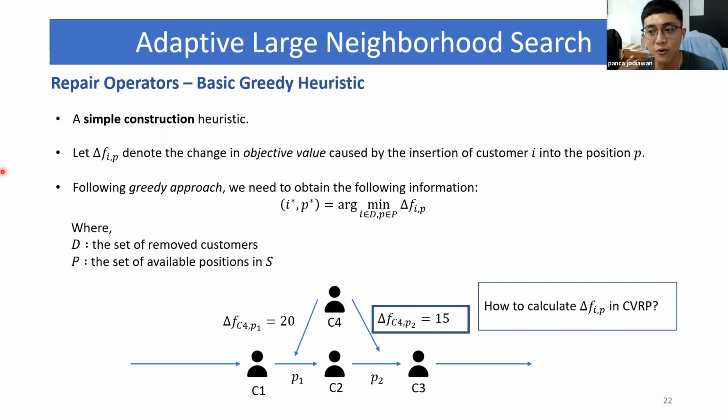That will be useful for the computational time. You do not need to calculate the full distance of the path, you just need to calculate the increment cost or the insertion cost, which only happens in this area or in this region. But that's correct. That is the full calculation.